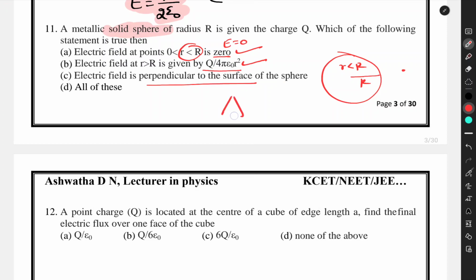If you consider any surface which is charged uniformly, the electric field will be radially outwards and perpendicular to the surface. So all the options given are correct. So can I consider option D as the answer? Yes sir. Yes. Next,